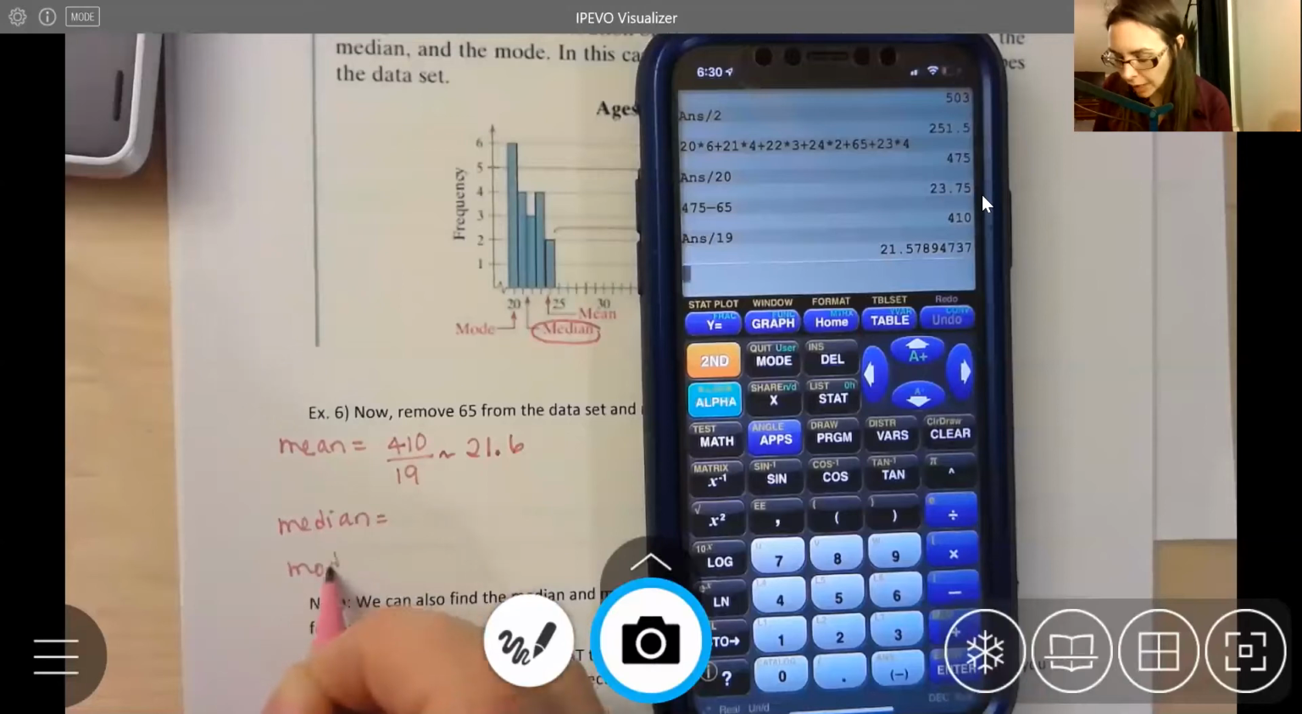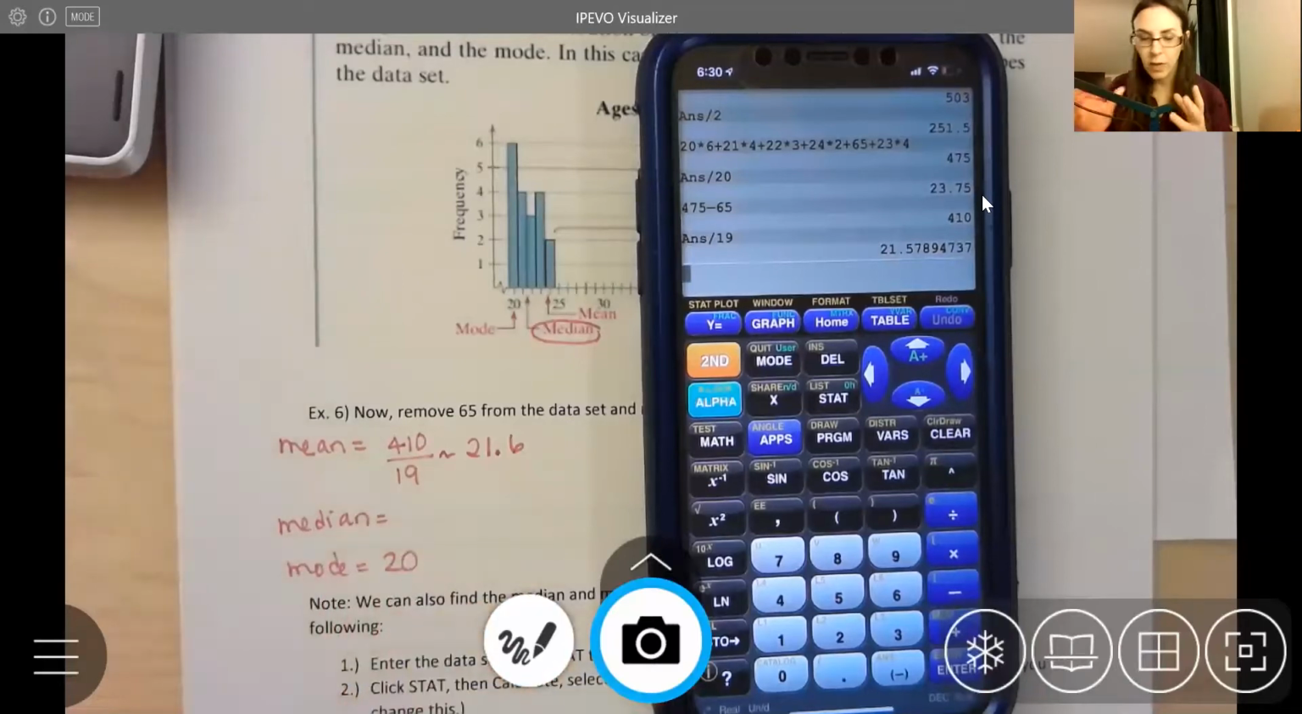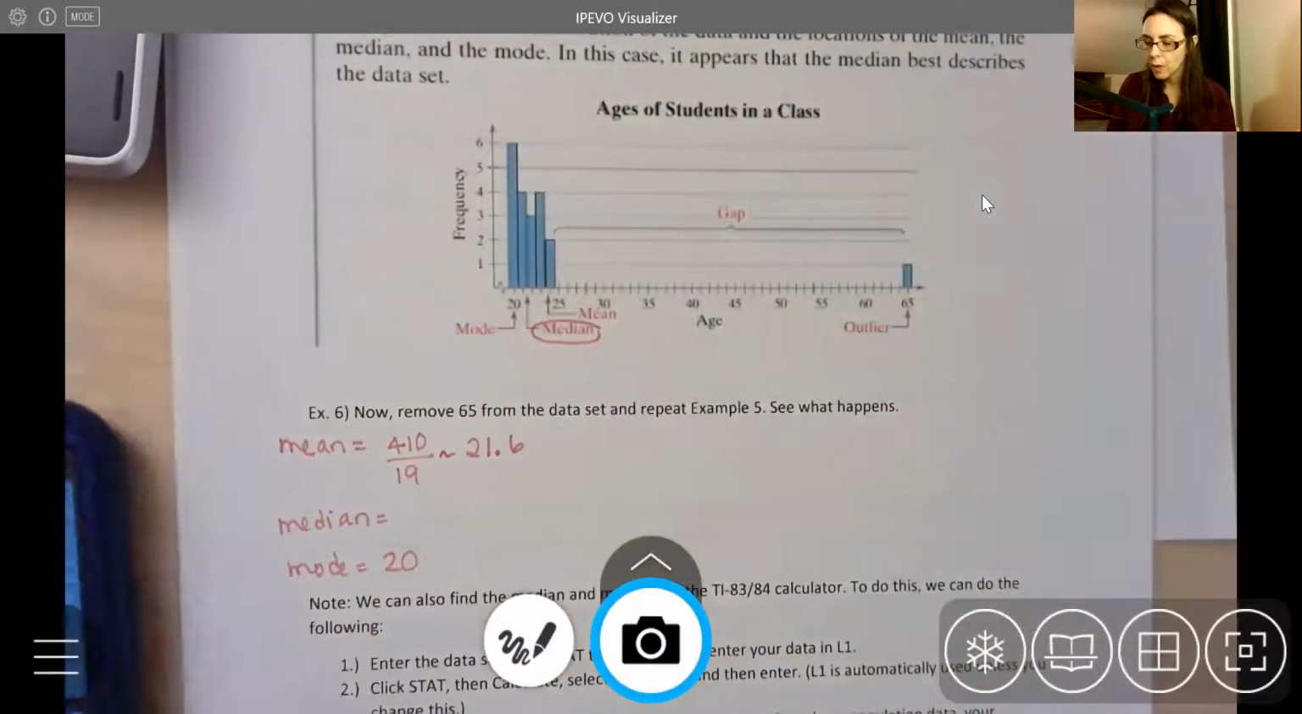Now my mode isn't going to change, so that 20 still occurs the most frequently, and we just have to recalculate the median. So if I go back to the page before,